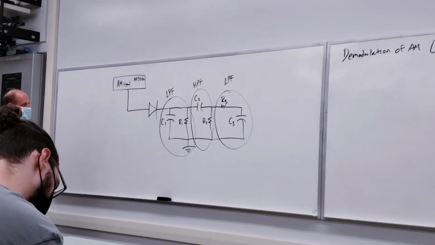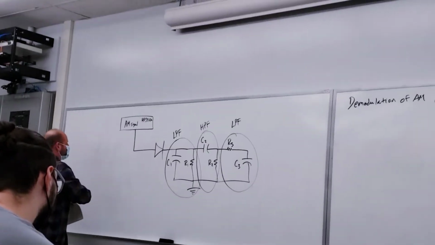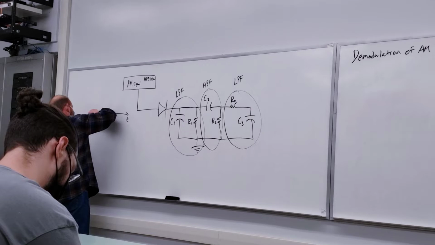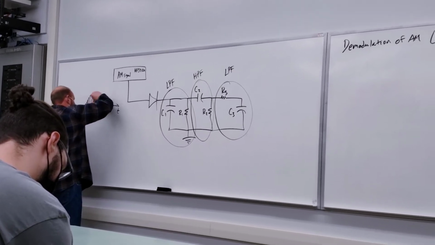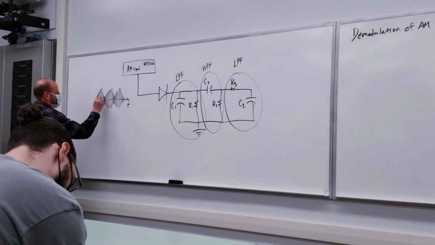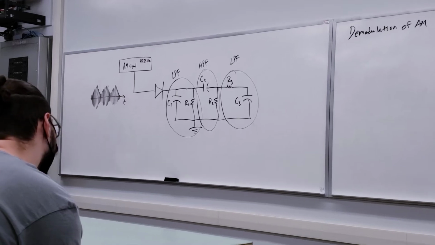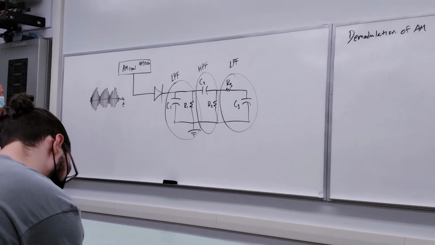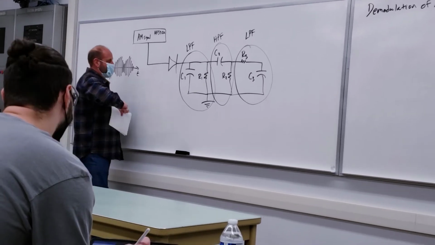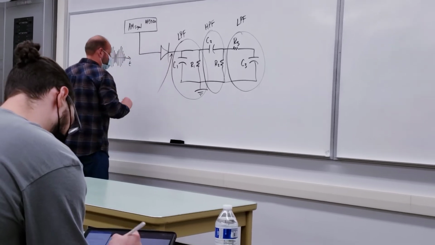Let's go through each stage and understand what's going on. So we've got coming out of here our AM signal. So let's look at that. This is all going to be in the time domain. So here's our AM signal with a preserved envelope we've talked about. Sinusoidal. This is assuming a sinusoidal message. That's our AM signal coming out. Then after the diode, at this point right here,